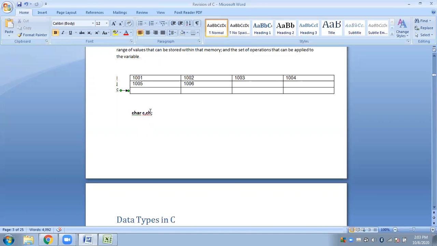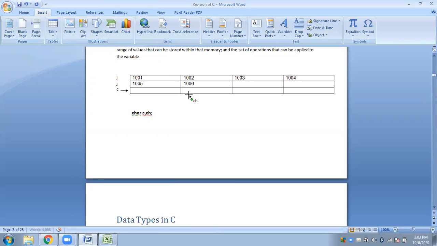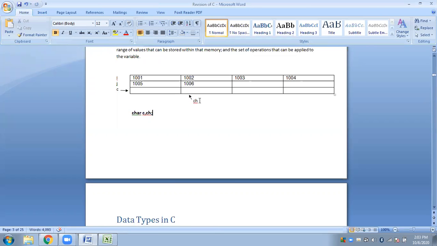Is that fine? And CH will simply point to this particular memory location. CH can point to any other memory location, not necessarily this. CH can also point to this location also.